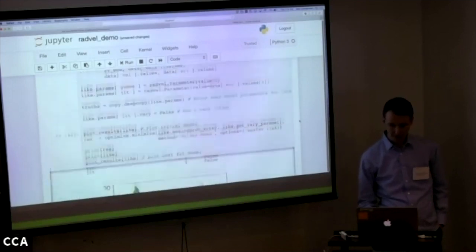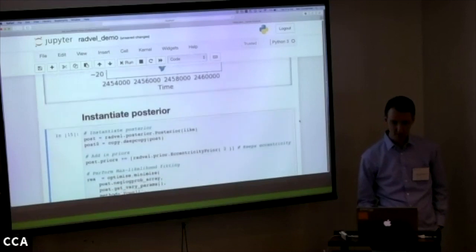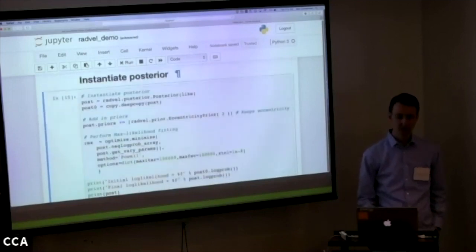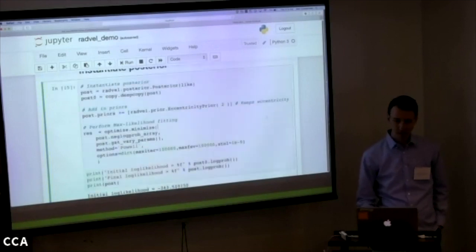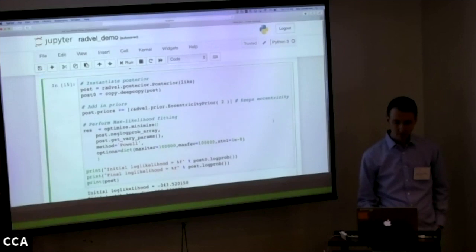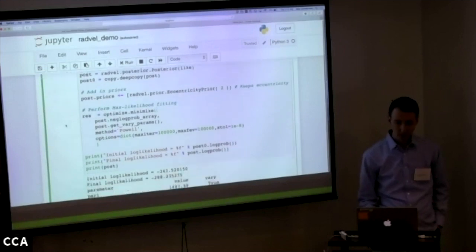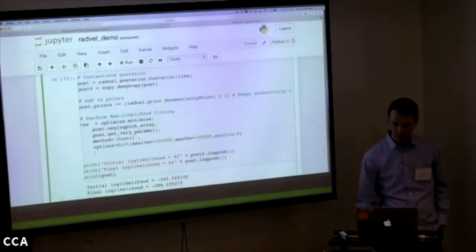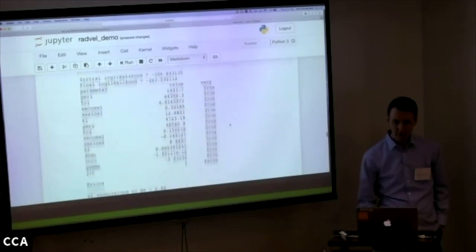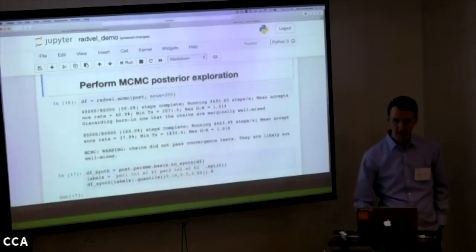So the first step is there's a part of the notebook where it says instantiate posterior. Should run pretty quickly. And then we're calling